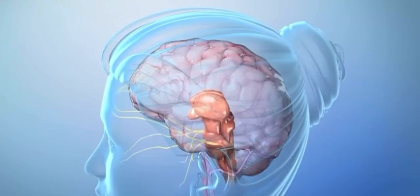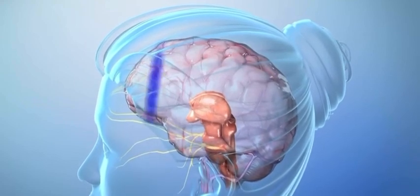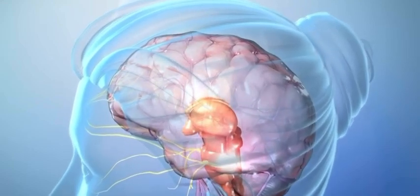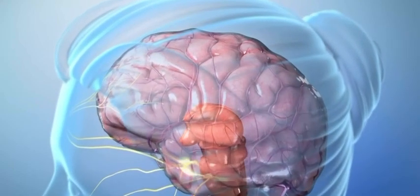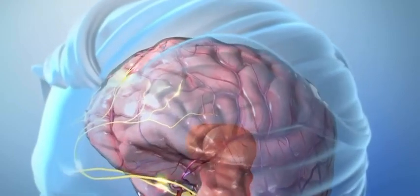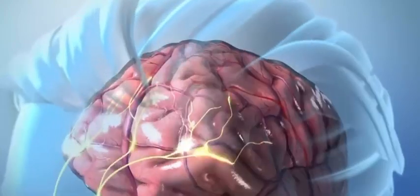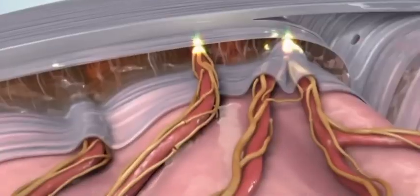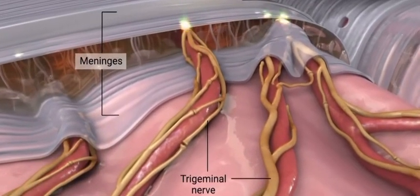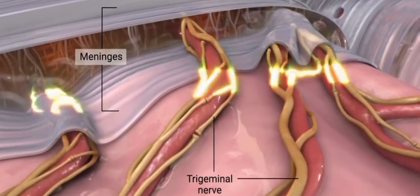When a migraine attack occurs, rescue medications can help ease your pain. Let's look at what happens in your brain during an attack and how different medications can affect this process. During an attack, your nervous system becomes overly activated. It stimulates trigeminal nerve pain fibers and blood vessels in your meninges, which are the tissues around the outside of